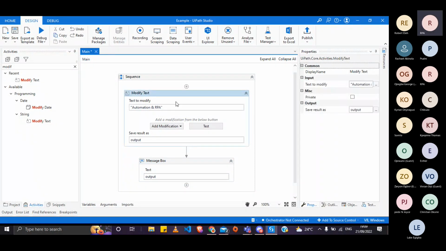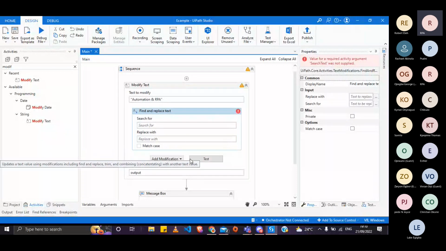Now, if you remember, I said we could do four things. We could find and replace, combine text, trim, and convert the text to either upper or lowercase. Looking at the find and replace text, let's try to replace all the A's with B's. So we can search for A and then replace A with